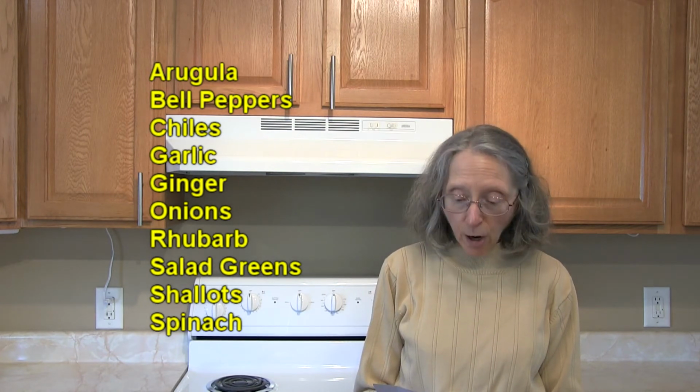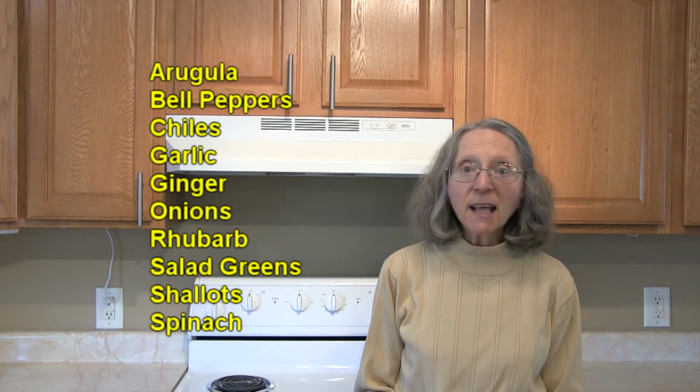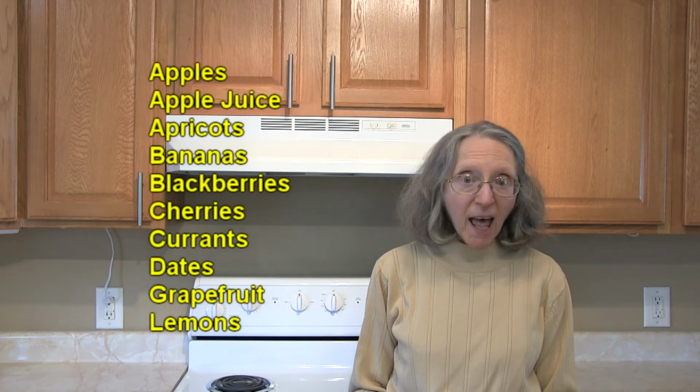onions, rhubarb, salad greens of any type you can name, shallots, and spinach. In the fruits category, other fruits that pair well with plums, whether they're fresh or dried, there's apples, apple juice,